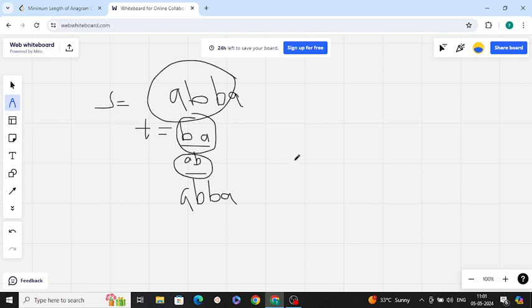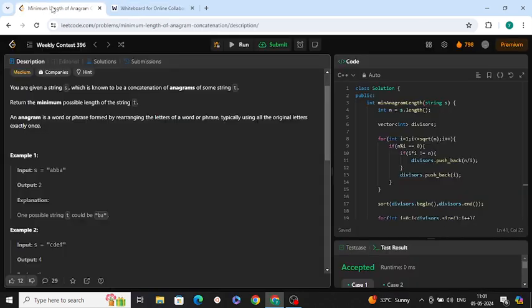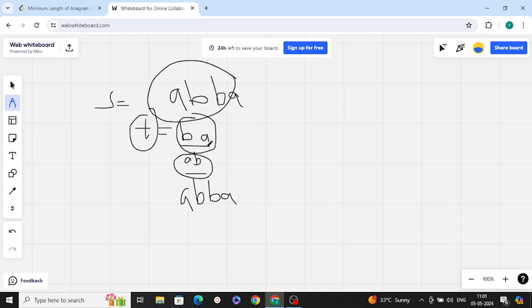So what must we do here? As you need to find the smallest t, they have mentioned that you need to find the minimal possible length of the string. It means we need to find the smallest string t which is able to form this string s. As we are concatenating t strings to form it, t1 plus t2, something like that, until we get this string, the length of t should be a divisor of the length of s, correct?